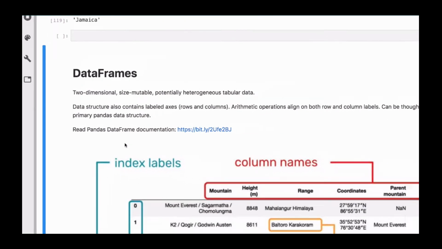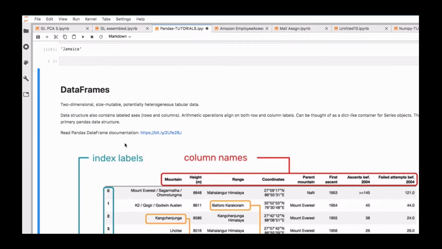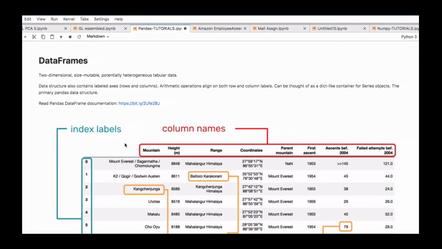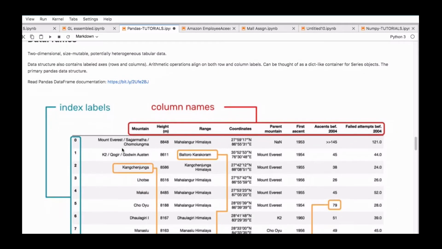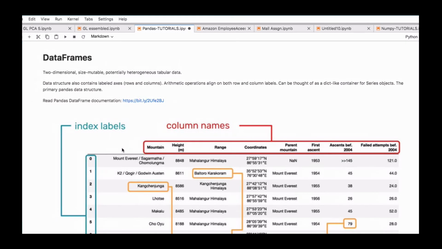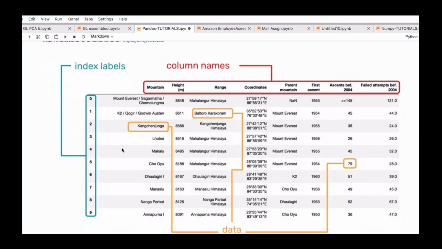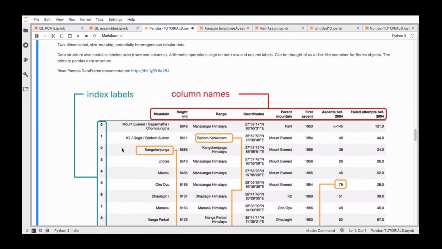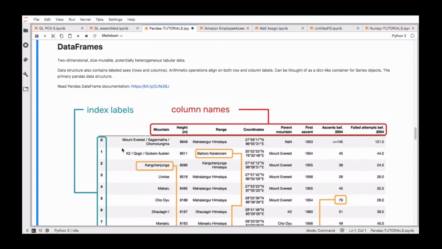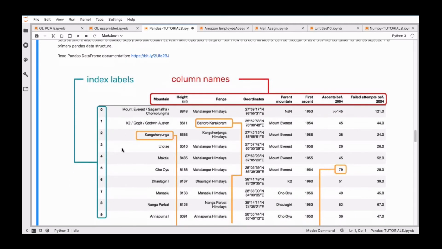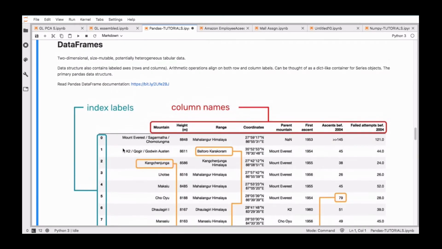Okay, so now let's come to the main reason why we love pandas so much. Let's come to the main reason why we actually like using pandas so much. Now, if you've been using Excel, you are familiar with dealing with rows and columns in Excel. And that's the power that pandas actually gives to us when it comes to